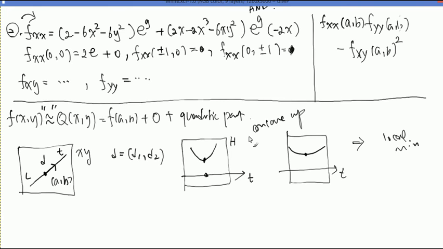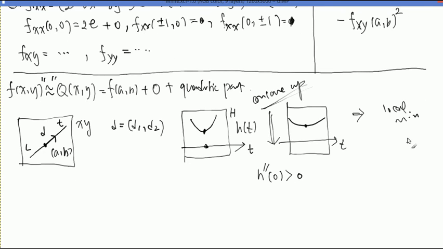So what guarantees this concave up property is this function we call h(t), right? If you plug in this parameterization into the two variable function, it becomes this one variable function in t. We practiced a couple of times. So what guarantees concave up? This function with second derivative at 0 greater than 0. If this is positive, no matter which d1, d2 you choose, it remains positive all the time. That's concave up. From there, a lot more rigorously, we can conclude this is a local minimum. So in general,